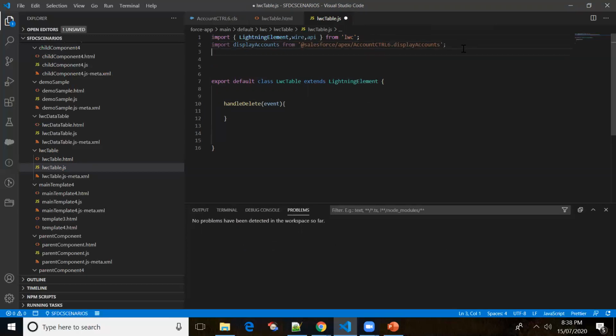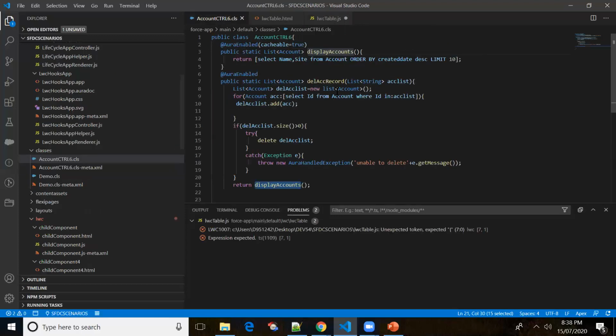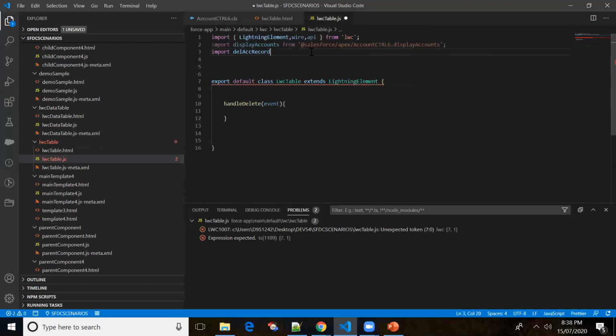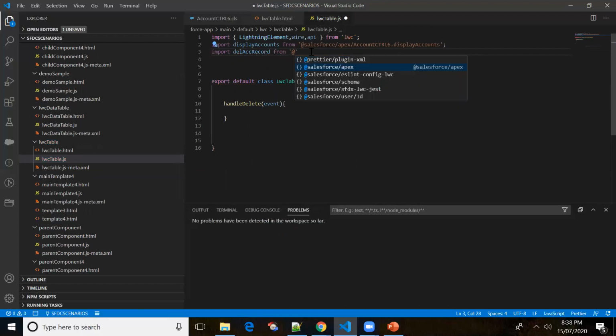Let me import the second method as well. Let me copy it from the class. What is the name of the method? Delete account record, from Salesforce Apex, AccountController6. Let me save it.